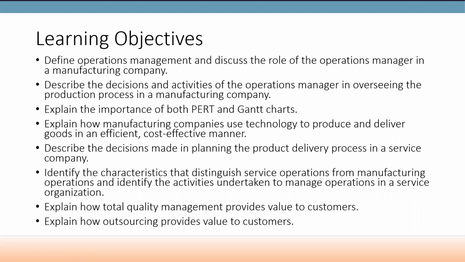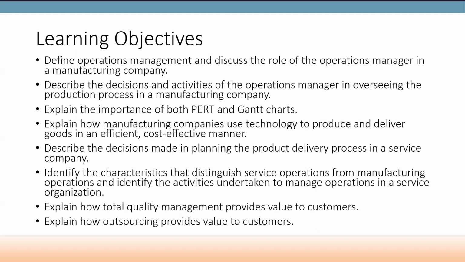and also use some of the items that many individuals who are in operation management use, such as a PERT chart. Okay, we'll explain what a PERT chart is, a Gantt chart, and talk about how companies that do manufacture use things like technology to deliver goods in an efficient way, in a cost-effective manner, and be able to describe the decisions that are made in planning for the product and making sure we have the delivery process in service of the company,